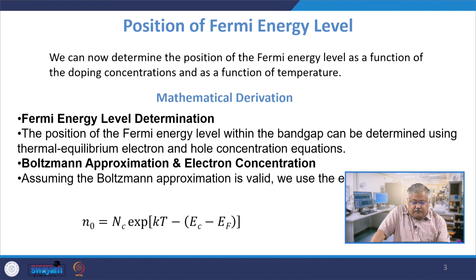That's what is written in the first bullet head, that the position of the Fermi level within the band gap can be determined using what? Using thermal equilibrium, electron and hole concentration. So thermal equilibrium primarily means that you are giving, let us suppose 300 Kelvin, the room temperature,